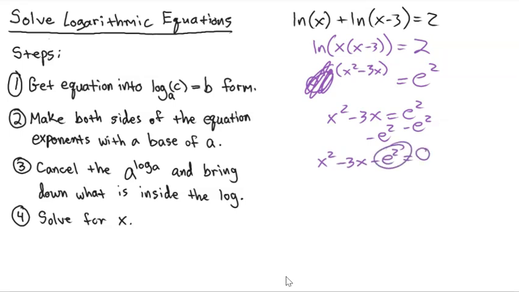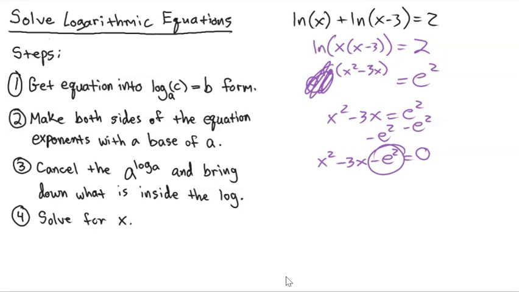Remember this e squared, that's a number because e is a number. So e squared is also a number. Okay? So now we can't factor this because this does not play into the factoring. So we're going to have to use a different method. We're going to use